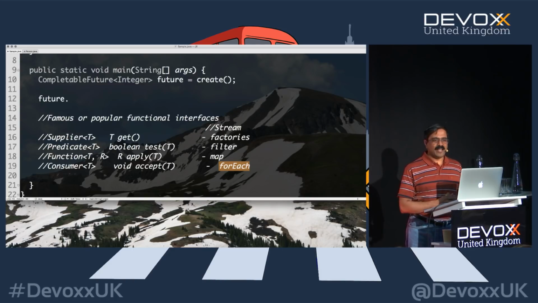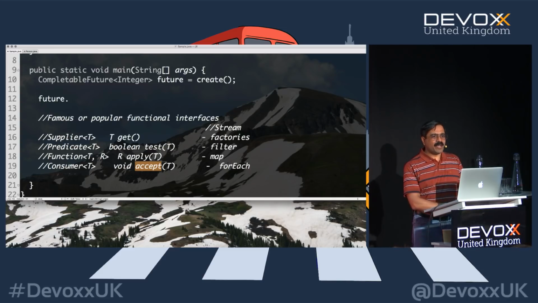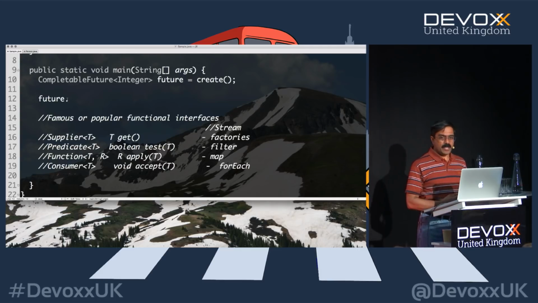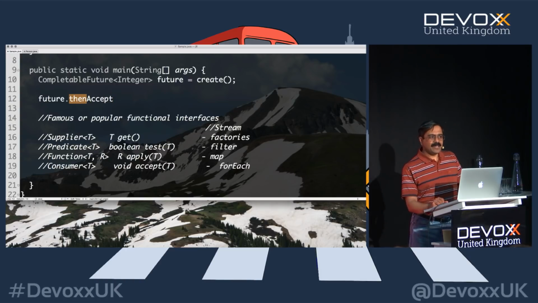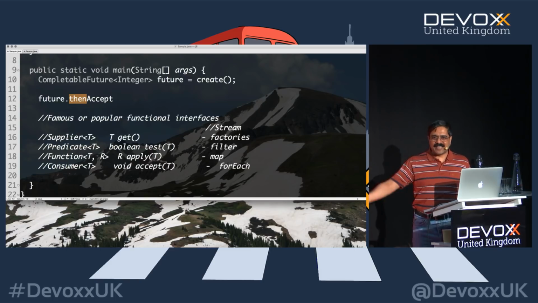Well, okay, for one doesn't really sound very nice. Why not simply use the word accept? Because that is the method of the consumer after all. So we could pretty much use these kinds of methods, if you will, for the consumption of this. And so we can say, thenAccept. Now, why did they use the word thenAccept? Well, the reason is in JavaScript, promises are called thenable. So a thenable object simply is an object on which you can call a then method. So they're called thenable. So you can see the historic reasons kicking in.